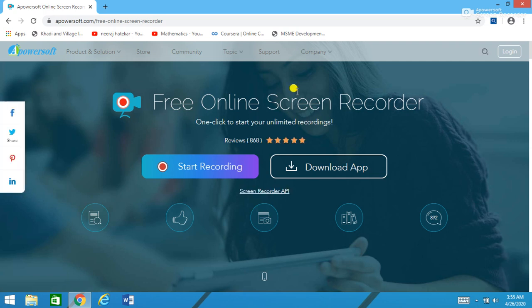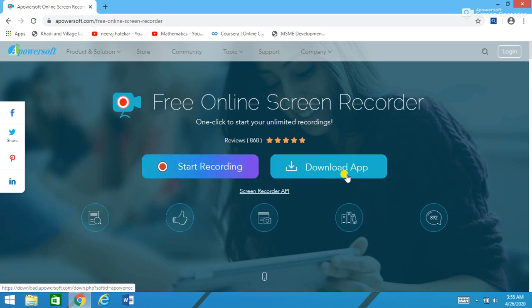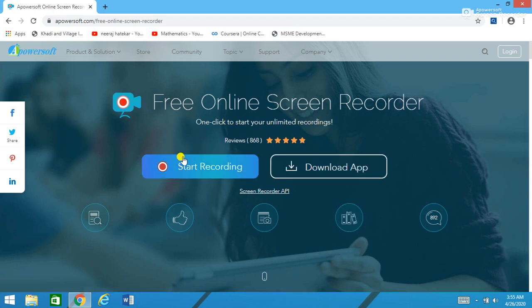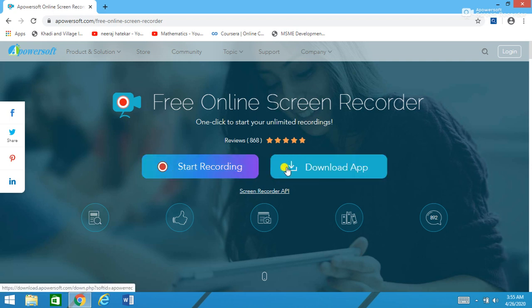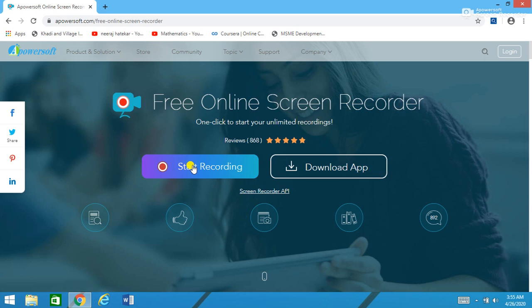And so this is how this APowerSoft Screen Recorder homepage looks. You have two options here. Either you can record online, or you can just download this APowerSoft Screen Recorder app on your mobile or on your laptop. If you want to record online, then you have to have a download launcher app on your mobile or on your laptop.